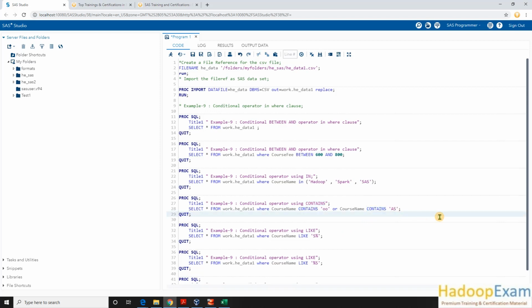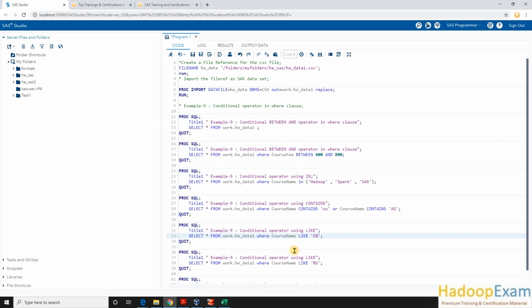Now I wanted to use some specific expression which matches all such things. For all the courses which start with S, I would use S percentage. The S before the percentage means it is starting with S, correct?